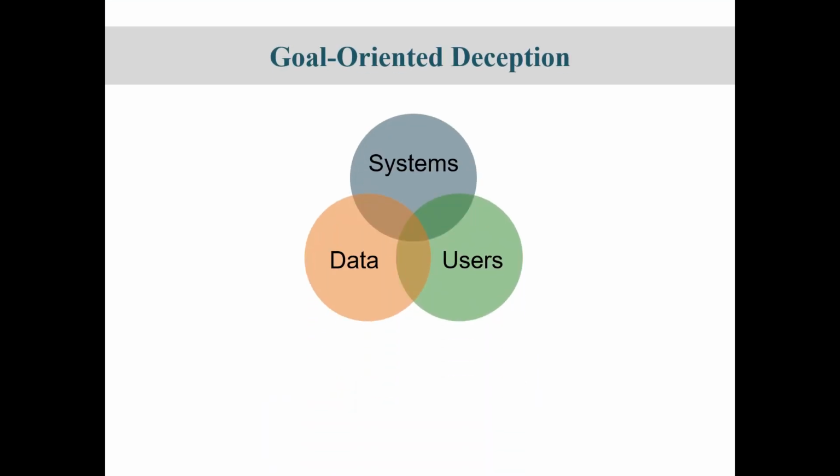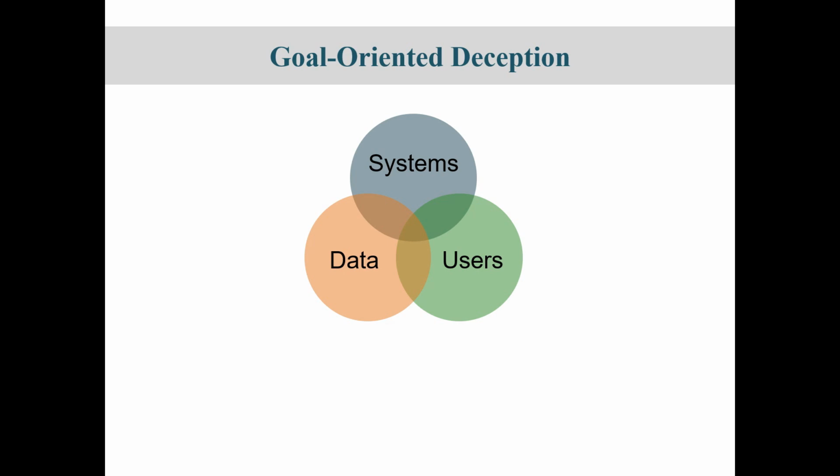Applications of honeypots. Goal-oriented deception. Honeypots are cyber systems and processes set up to appear operational to collect information on threat behavior and vectors. Real or simulated systems and processes are configured to appear as if they are real systems, often with vulnerabilities. Many sensors are inserted within and around honeypots to collect data on threat behavior.